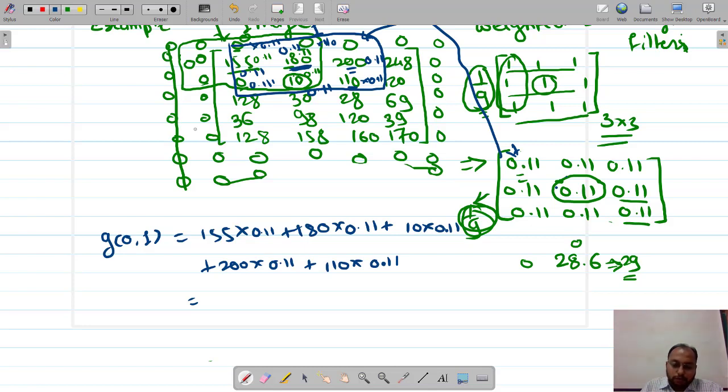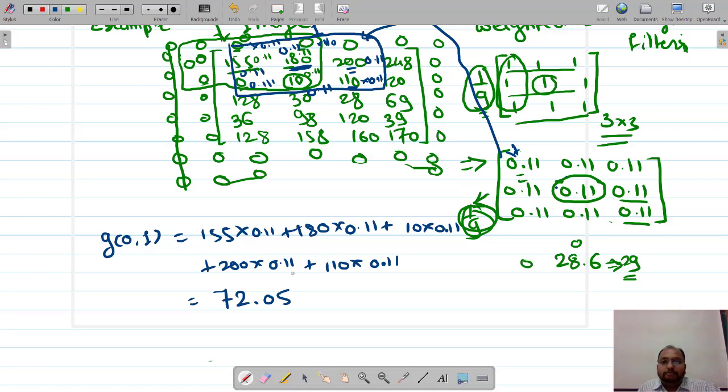So 155. Now let us compute this value again. 155 into 0.11 plus 180 into 0.11 plus 10 into 0.11 plus 200 into 0.11 plus 110 into 0.11. So it is coming as 72.05.